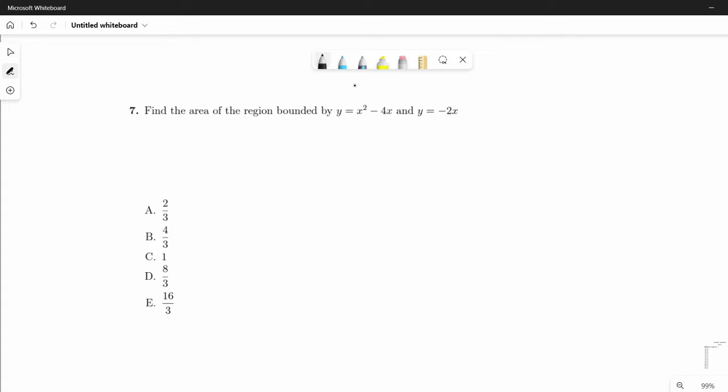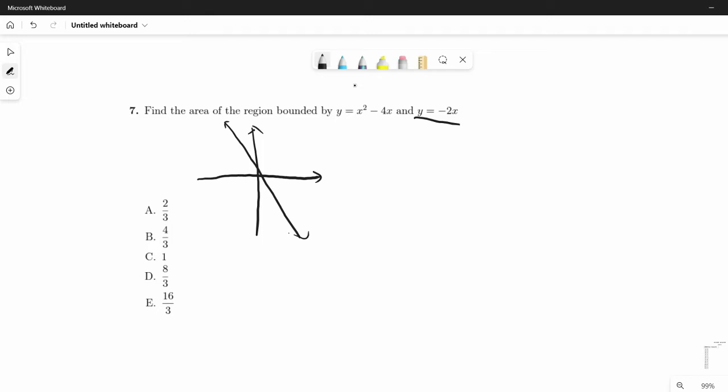So first, for these, definitely graph them. First of all, graph the easy one, y equal to negative 2x. So it's just something like this, a straight line down with a slope of -2. The second one is a little harder to graph, but